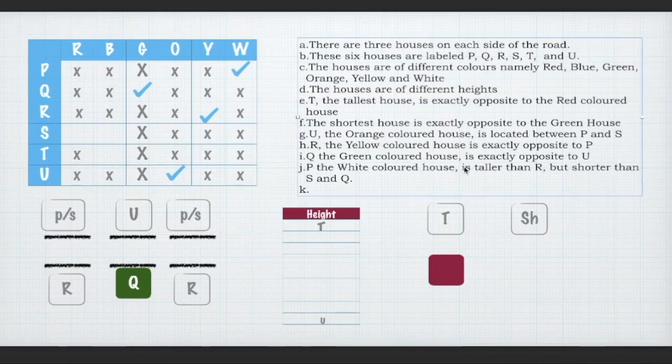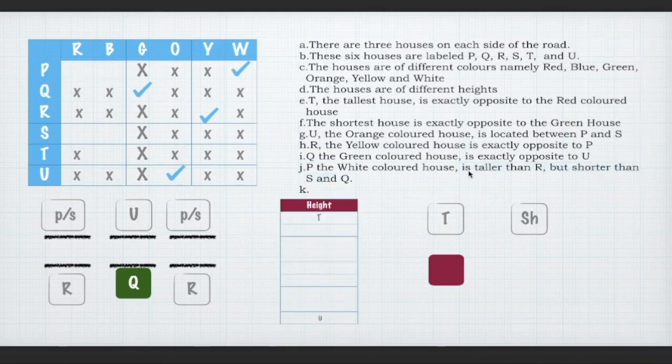P is the white colored house, is taller than R but shorter than S and Q. And the second part told me that it is taller than R but shorter than S and Q. So just put P somewhere in the table. You do not know the exact order, but you know that P is taller than R. So R will be below P. You don't even know exactly below P or not, but P will definitely be above R, but shorter than S